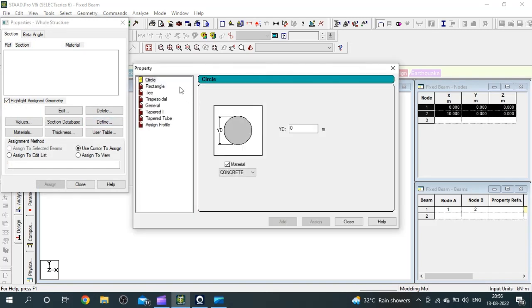So now you have to select the shape of the member. So now here I am considering that the member is rectangle. Now you have to input here yd and zd. What is yd? It is denoting the depth of the beam, and zd is the width of the beam. So I am considering the cross sectional size of the beam is 250 by 250. So as the unit is meter, here I am inputting in meter, that is 0.25 meter by 0.25 meter,